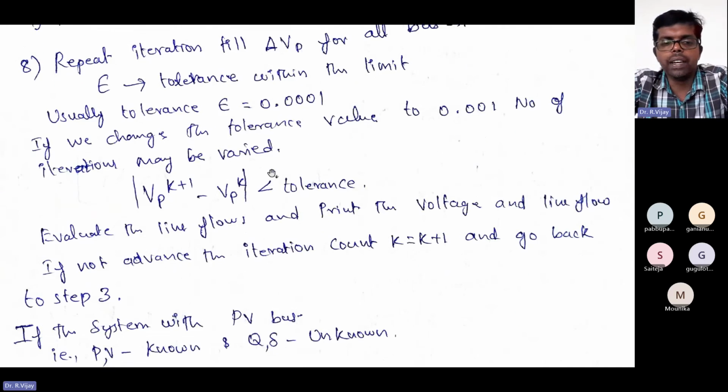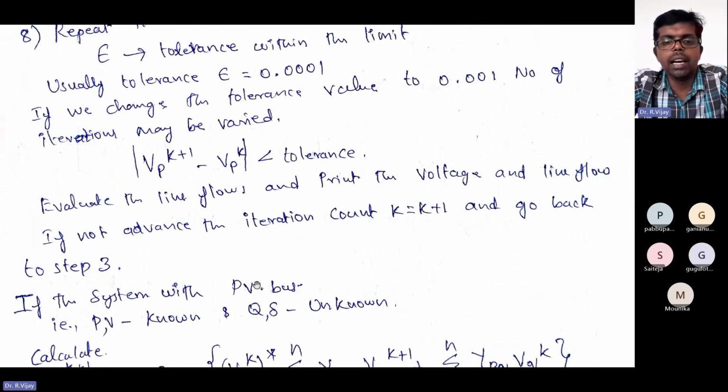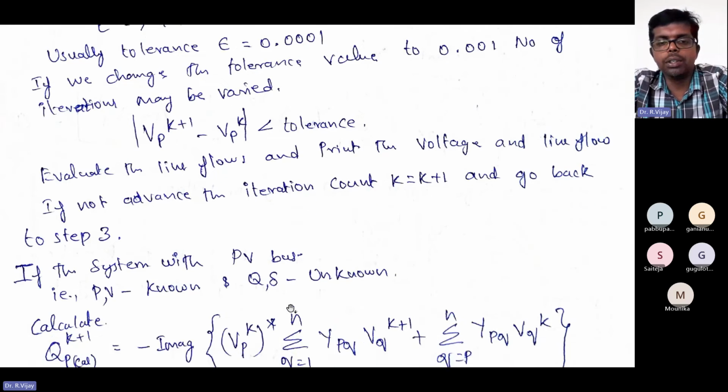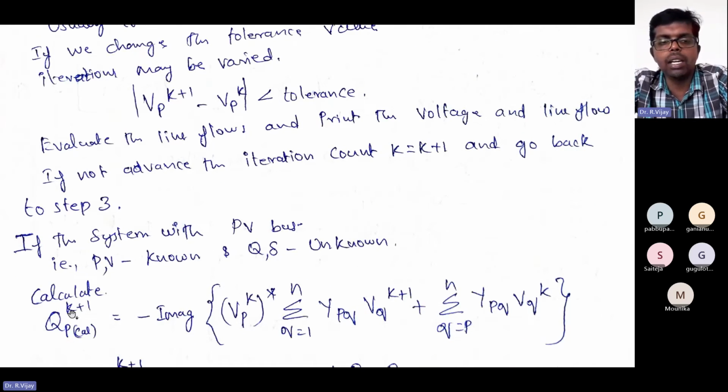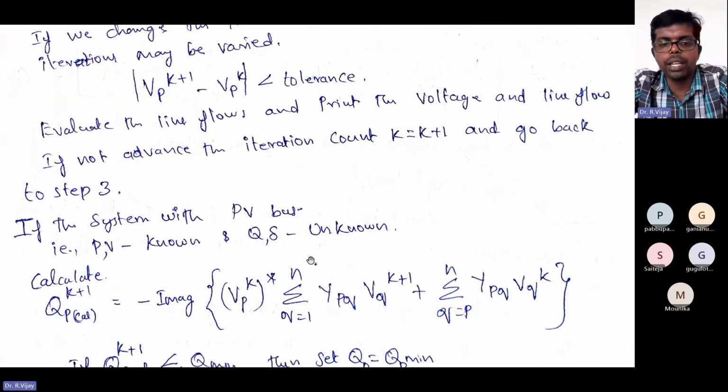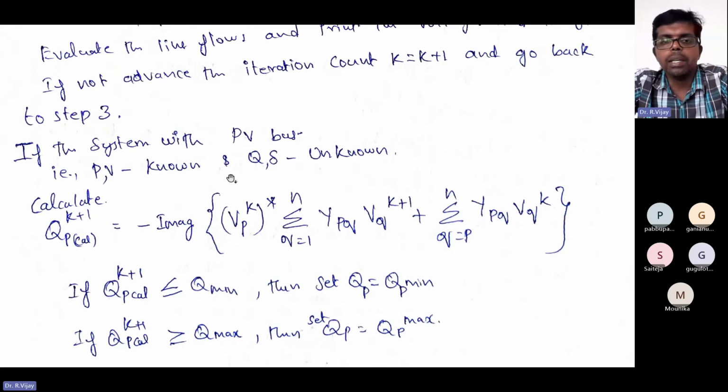And in the PV bus, if the P and V values are known, and Q and delta values you need to calculate, then in that particular case you need to calculate QP K plus 1, and feed in the formula. Similarly, the change in the angle, the power angle, that also you need to